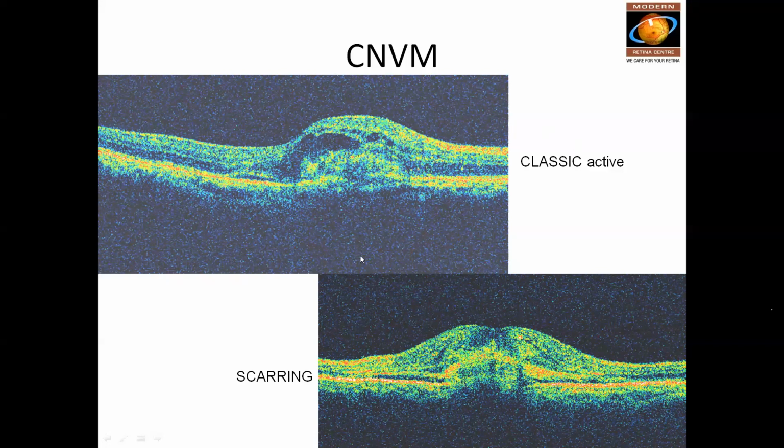Now, when we gave an injection for the patient, this is what we see after the first injection. The break is long standing, this will not recover. But as you see, the membrane starts getting more and more hyperreflective, that is, it is becoming compact. And once it becomes more hyperreflective, that means the lesion is getting more scarred. The edema in the retinal layers and the blood slightly start regressing. Still, there is some amount of fluid on either side of the lesion, which indicates there is still activity. So the lesion is getting scarred, but still there is some activity. Because of this, we continue with further injections until we see that there is no activity.